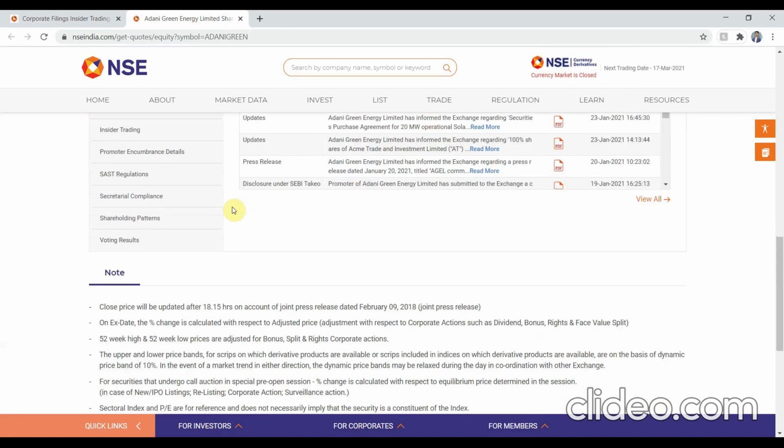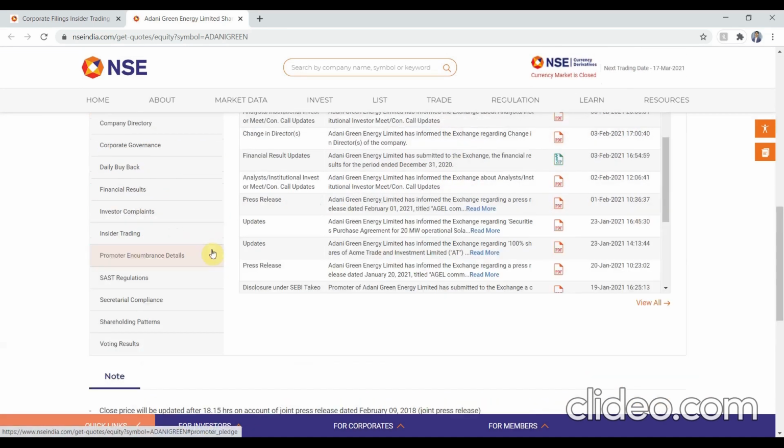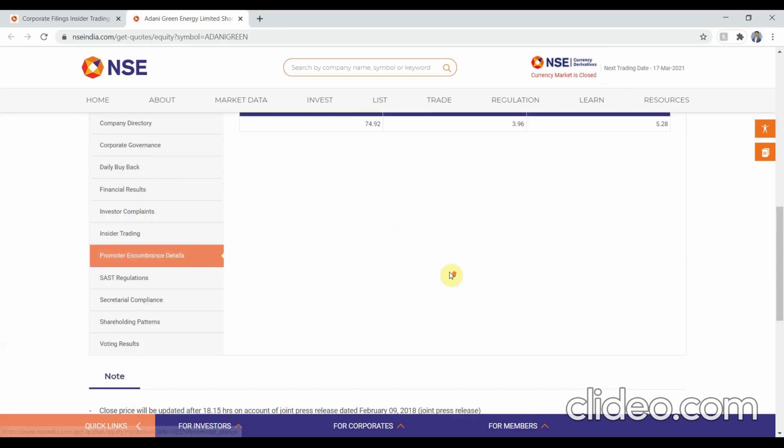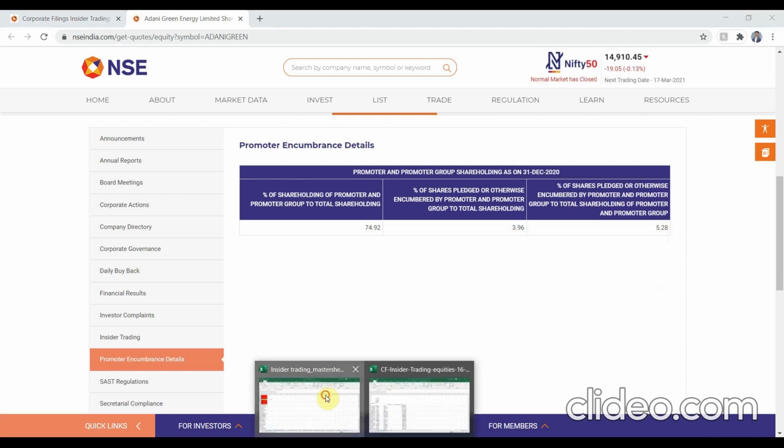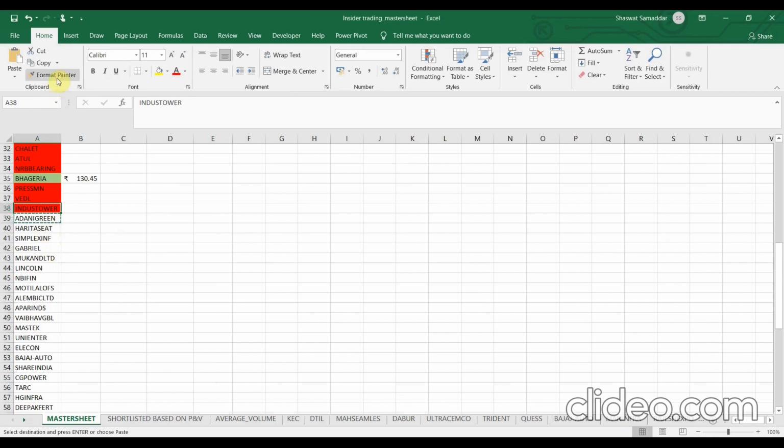Now, for a change, let's check the promoter encumbrance detail first. Okay, so in the first criteria itself, the percentage of shares that has been pledged is 5.28%. So now we can easily reject this particular stock. So now let's mark it as red once again.